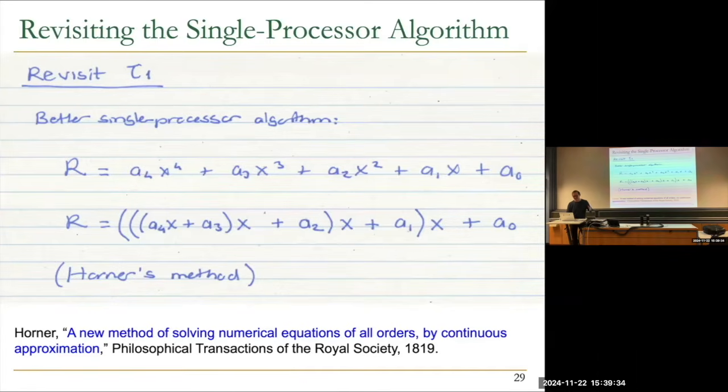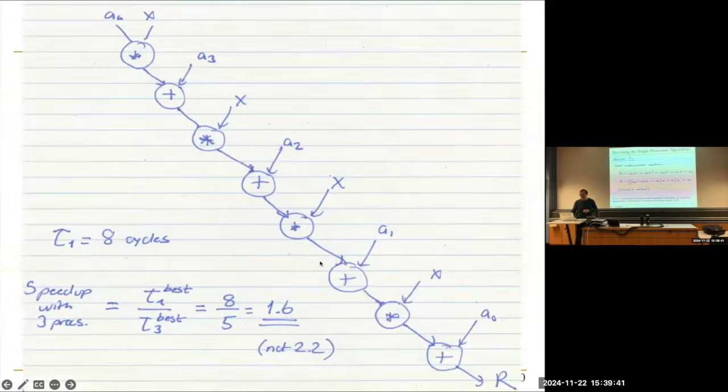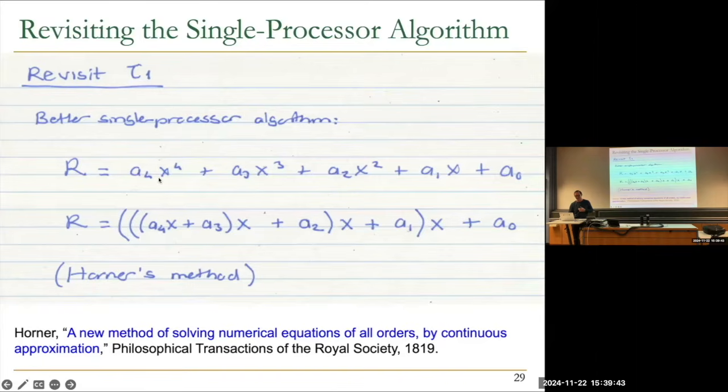But basically, this guy Horner wrote a paper in 1819 and talked about how to actually solve polynomial equations nicely, or numerical equations generally. I will not go into Horner's algorithm, but essentially you first do this, A4X plus A3, and then take X out. Essentially, you progressively take X out, right? And by doing so, you reduce some of the computations you do. In a sense, you're doing some sub-expression elimination. You can think of it that way.